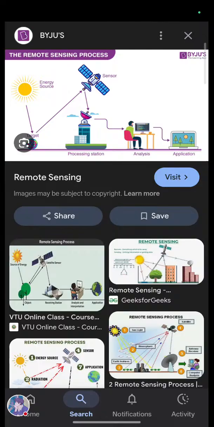Spaceborne remote sensing definition. The definition is: spaceborne remote sensing means collecting information using sensors placed or mounted on